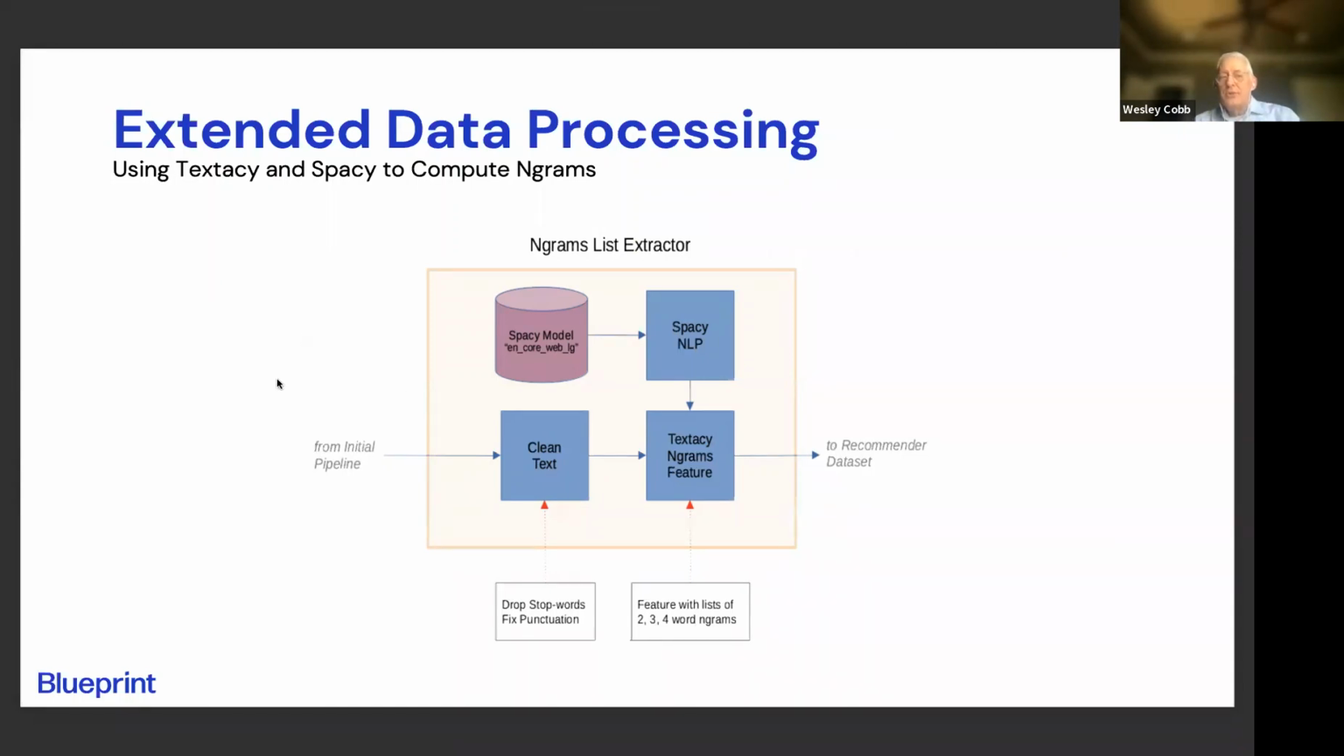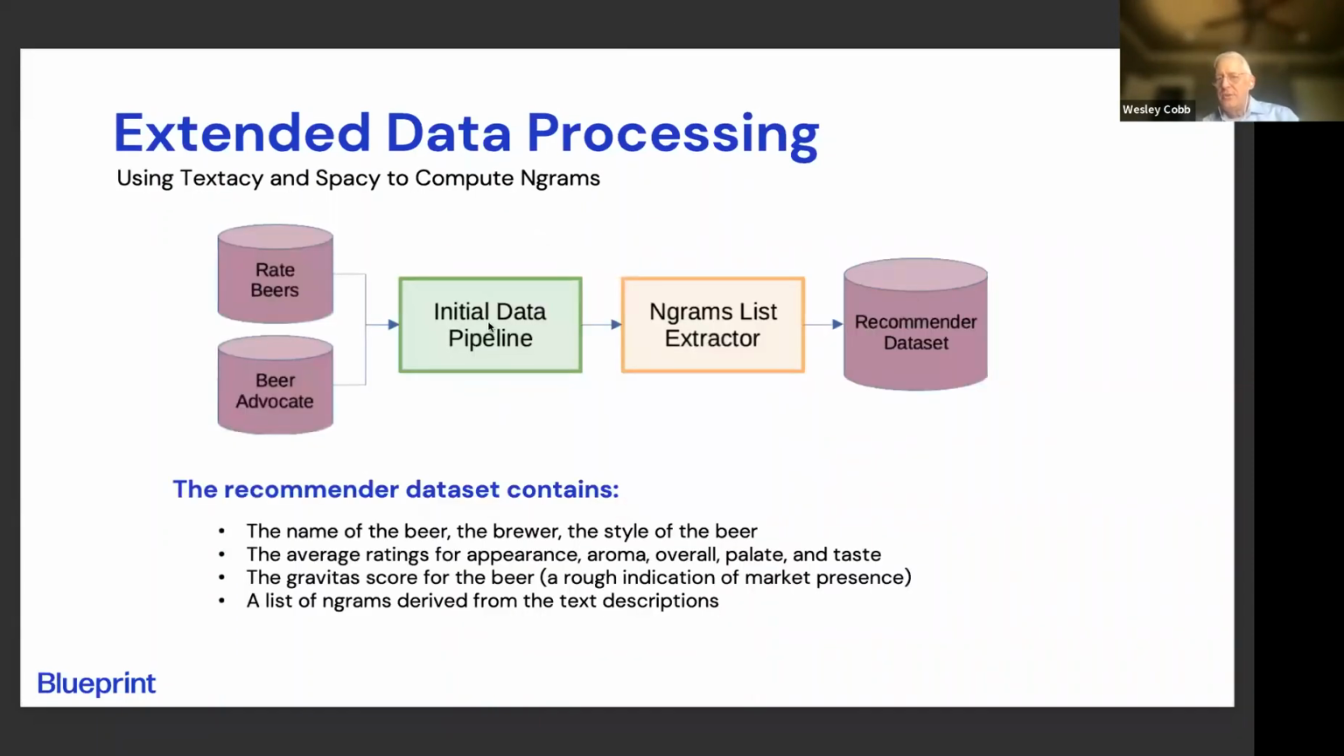Now, with our initial data set, we're going to process all of that initial data through this Ngrams list extractor, and we're going to get a modified version of the initial data set that has all the initial data, but beyond that, it's going to have that gravitas feature we talked about, and these lists of Ngrams. We're going to call that our recommender data set. Just to reiterate, it's going to have the beer, the brewer, the style of the beer, the aroma, the overall score, the text, the appearance, the palate, and the taste. It'll have that gravitas score, that rough indicator of market presence,